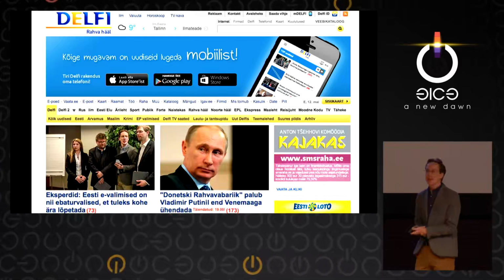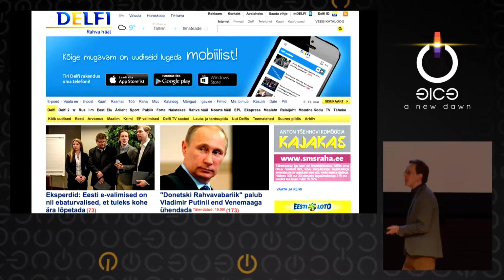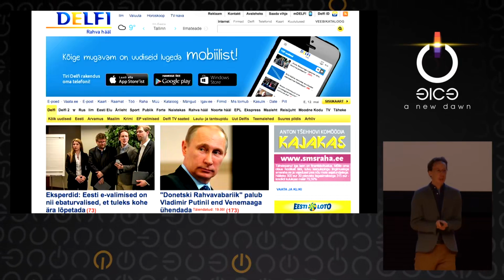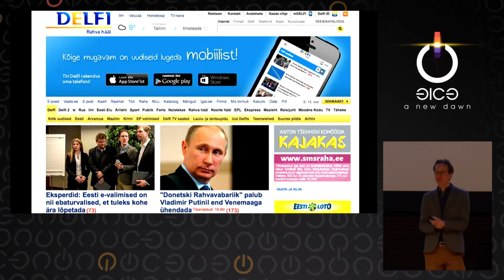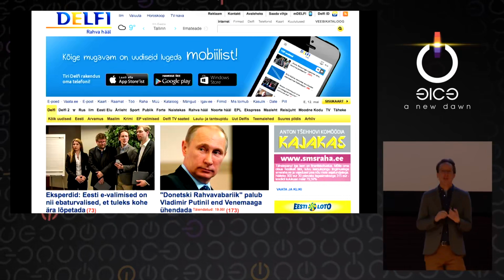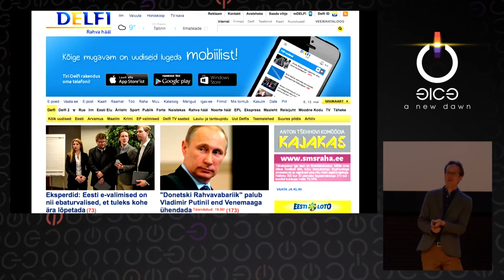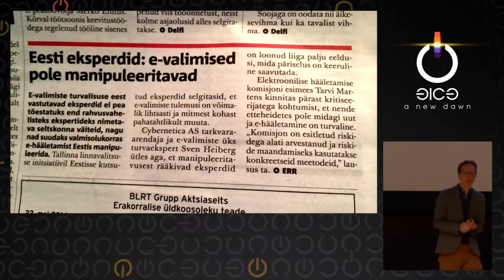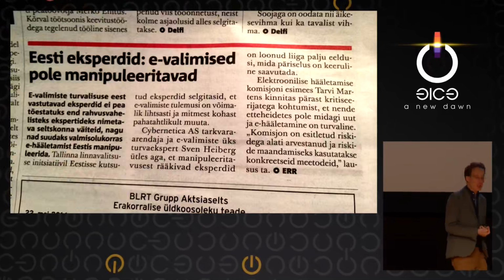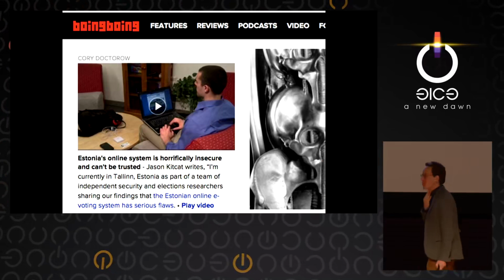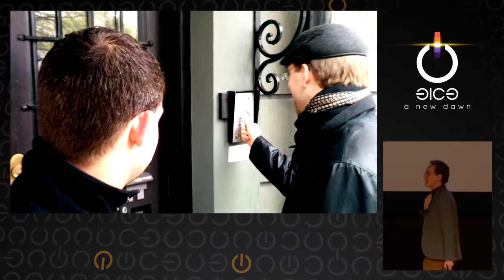Unfortunately, every media outlet in Estonia seems to be closely affiliated with one or the other of these two parties. And so everyone covered the potential attacks we found, but they either covered it saying that this proves that the elections were fraud, or that there are some people attacking the e-voting system because they're working for our rival party. So we've landed in the middle of all of this, and it was rather incredible, but not so much fun.